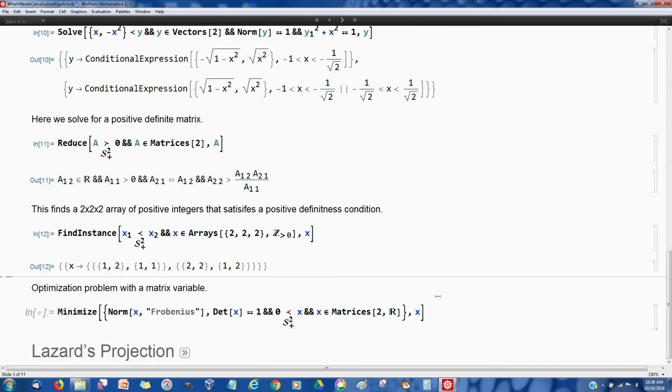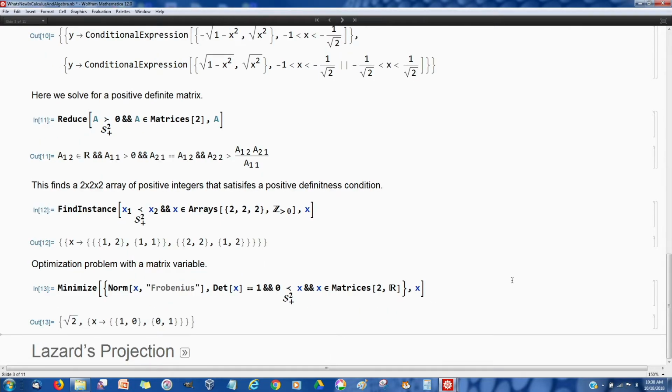And we can also optimize with such conditions. So we minimize a Frobenius norm of a matrix with determinant 1, which is positive definite and has real entries. And we get the minimum is square root of 2. And here's the matrix. It's the identity matrix for which the minimum is